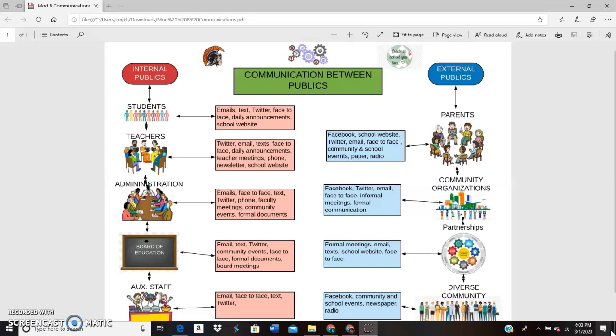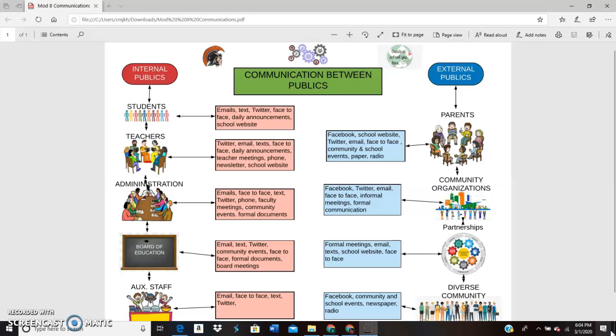External communication is very important to our district. We must maintain a great relationship and exchange information with the outside public on a frequent basis. Again, as it was for the internal publics, for the external, especially for the parents and community organizations, digital communication is used a lot of the time. It could be used a little bit too much. Face-to-face would certainly be better, but it is a good thing to do. Using this gives an opportunity to connect with the outside public quickly and frequently.